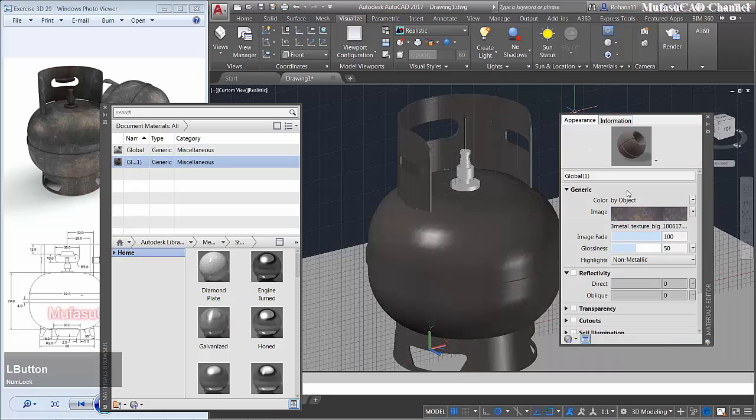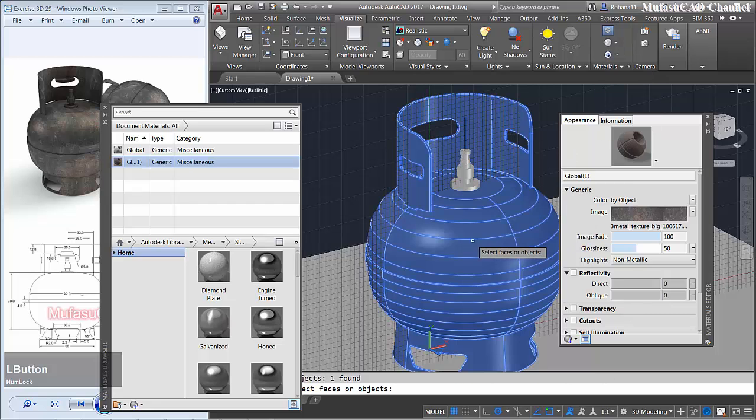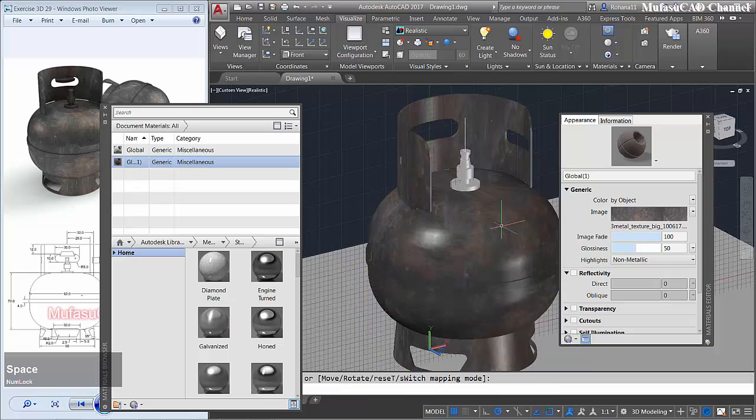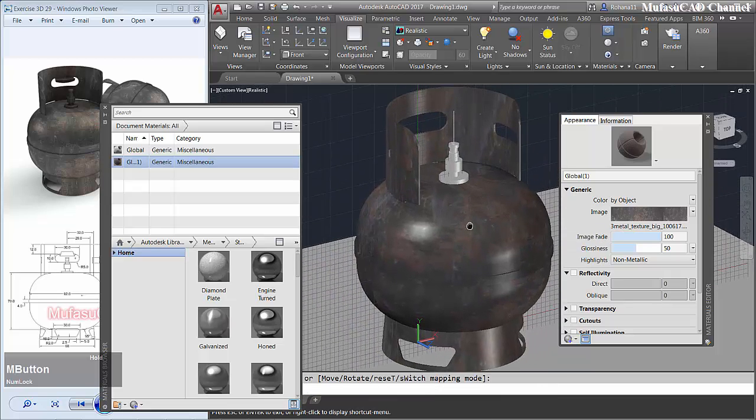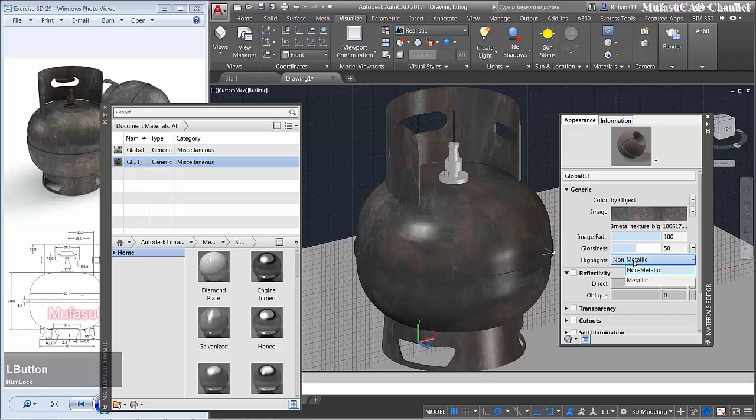Close, and then use spherical mapping. You can select this object and enter. Enter again to finish. I will change to metallic and glossiness to this point. Activate reflectivity, change direct to this point.